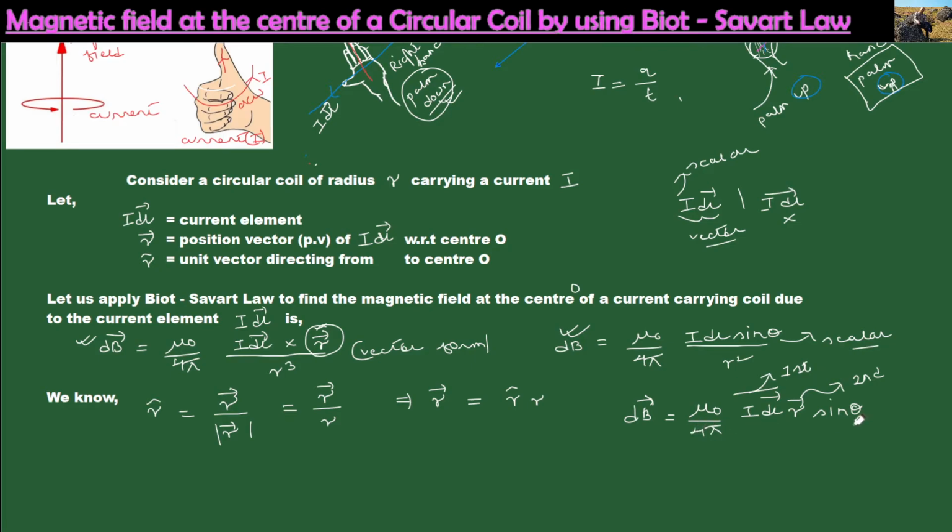So we have to use the cross product of two vectors, where the cross product of A bar cross B bar will be equal to